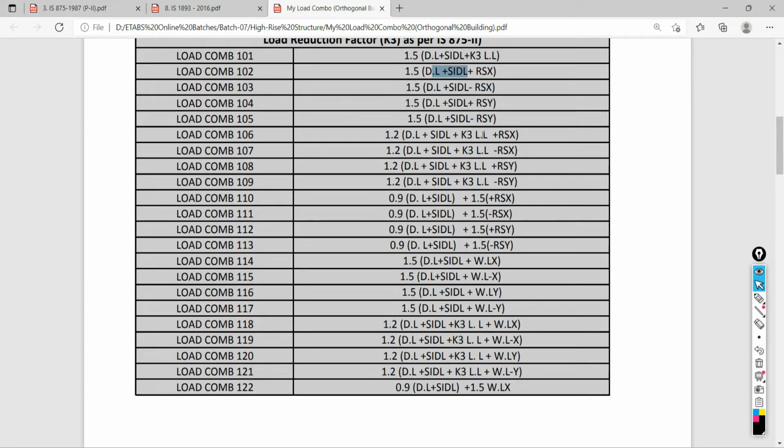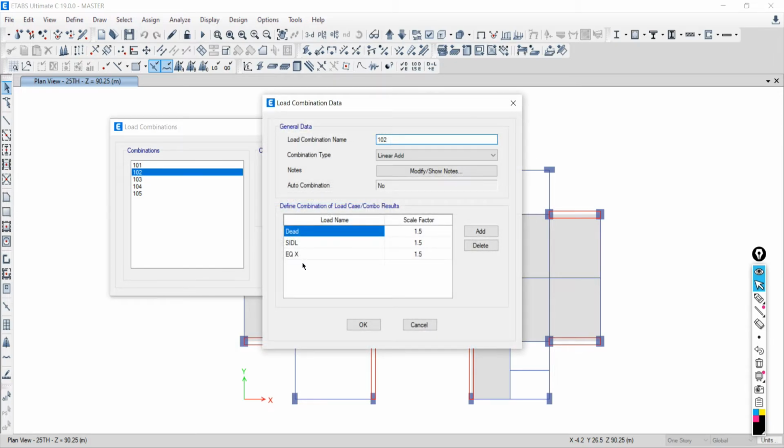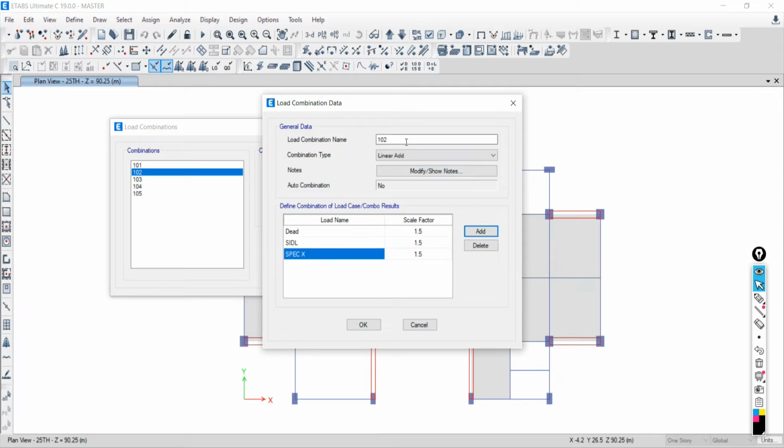Next, 1.2 dead load plus live load and response spectrum function value. One thing we did wrong: we had to take the response spectrum, Spec X and Spec Y. Don't make the mistake.